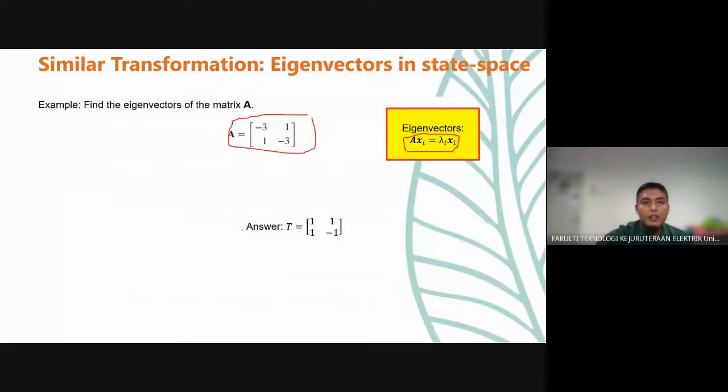So lambda 1 equal to -2, lambda 2 equal to -4. Now we look at this formula. Since we have two lambdas here,